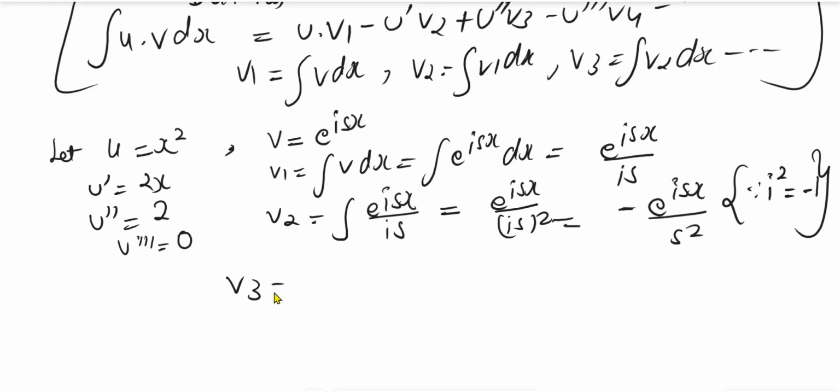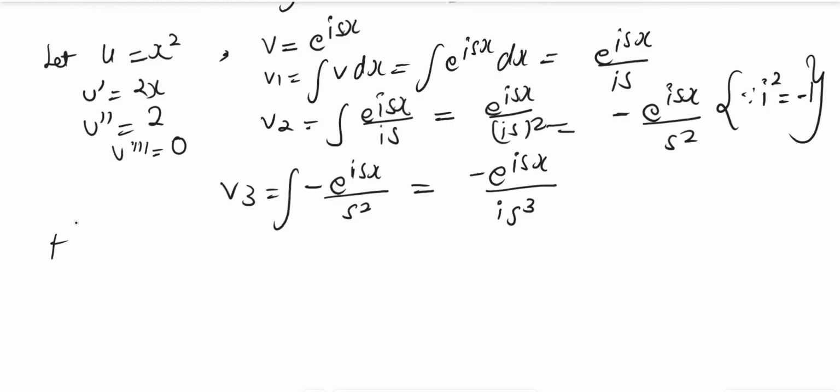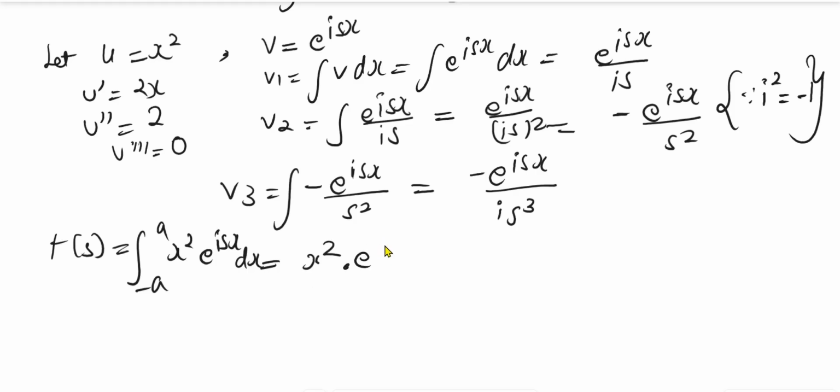Now v3 is integration of v2, that is minus e raised to the power iota sx divided by s square. Then it is equal to minus e raised to the power iota sx divided by iota s cube. So this is the value for v1, v2 and v3. Now according to this formula, that is Bernoulli's formula, f of s is equal to integration minus a to a x square e raised to the power iota sx dx, which is equal to u multiply v1, that is x square multiply v1, which is e raised to the power iota sx divided by iota s,